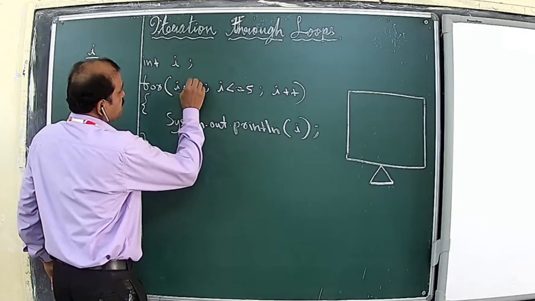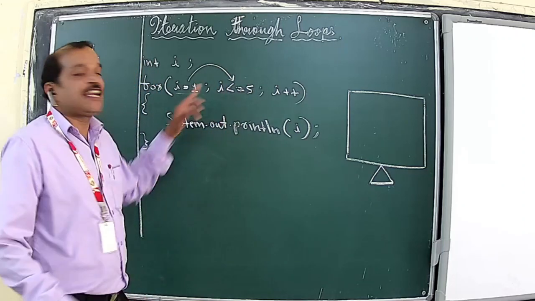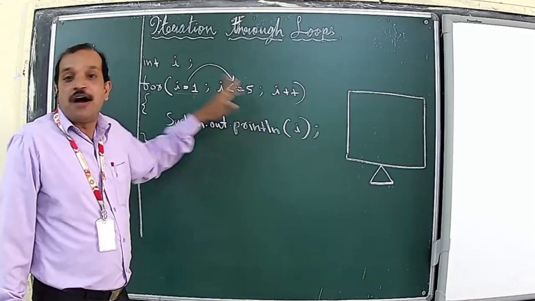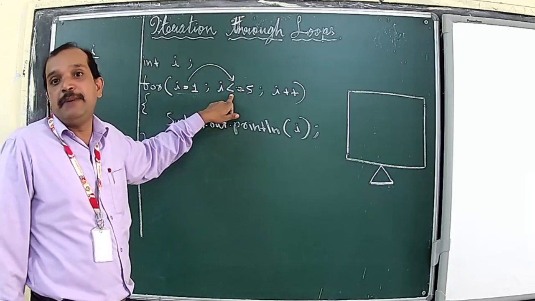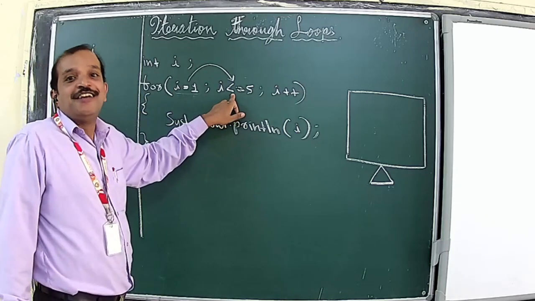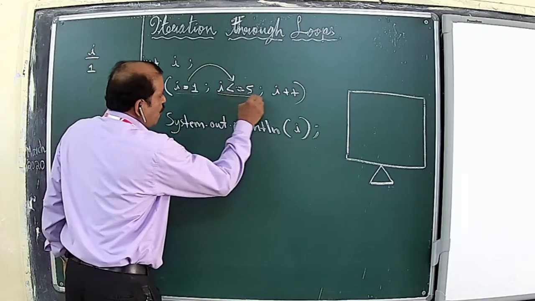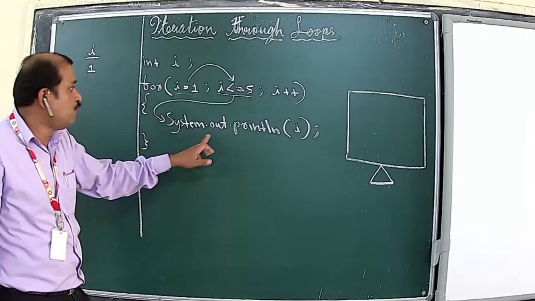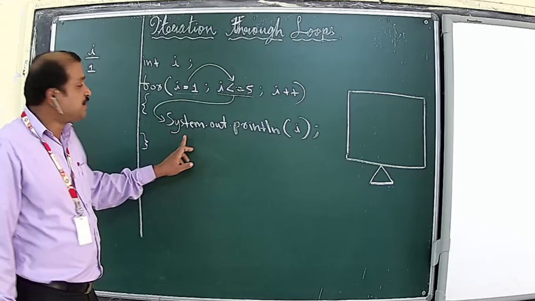After the initialization expression, the control of the program will proceed to the test expression, that is i less than or equal to 5. As we have already heard, as long as this test expression is true, the loop body will be executed. As you know, now the value of i is 1, so definitely this expression is true. So the control of the program will move to the loop body. As part of the loop body, there is only one statement now. So the loop body will be executed.